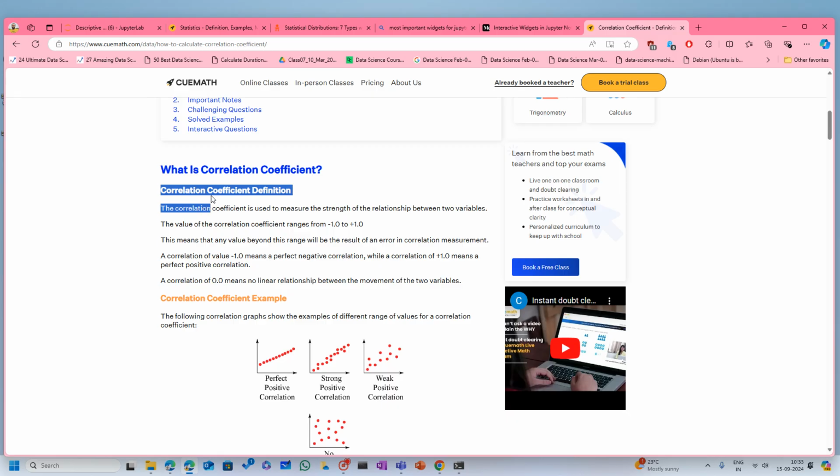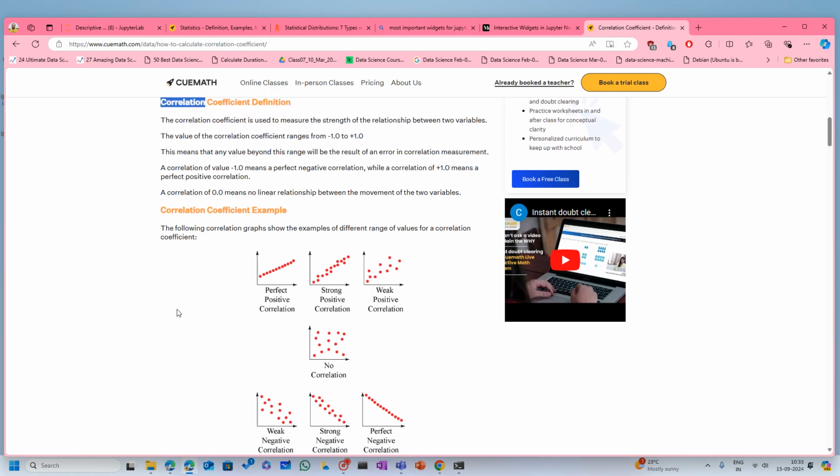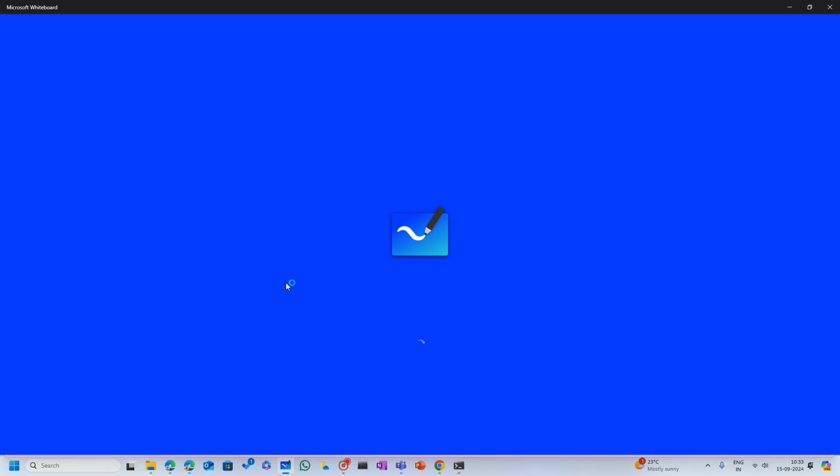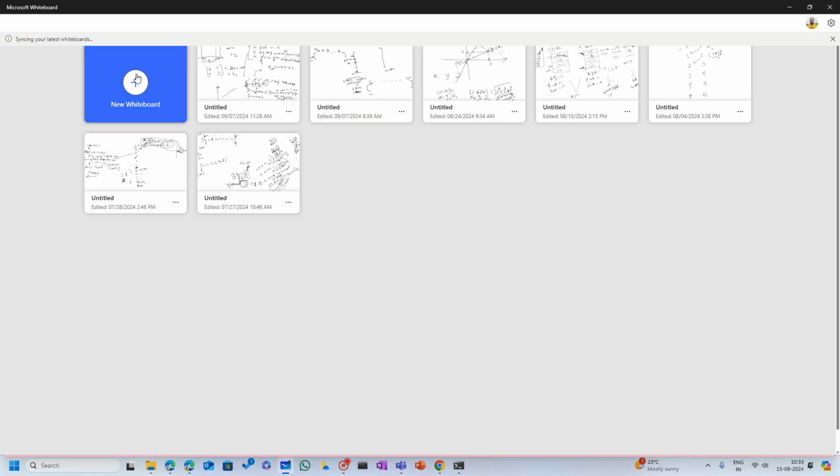By definition, if you consider two or more features, correlation is the relationship between them. Sometimes they will exhibit a very strong relationship, and sometimes a very weak relationship. A very strong relationship means it will show you a line like this. This type of line exhibits strong correlation, and a weak relationship is,